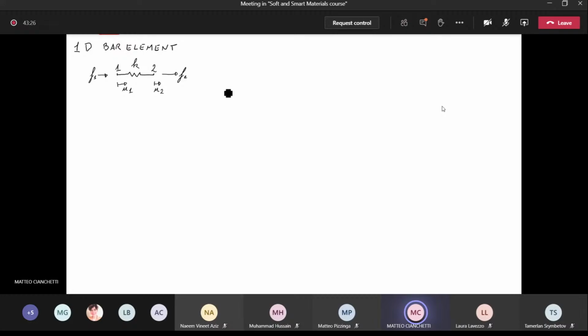So we can study this problem by studying the equilibrium node by node. If we decompose the problem, looking at the two nodes, we have F1 applied to node 1, with the displacement U1,